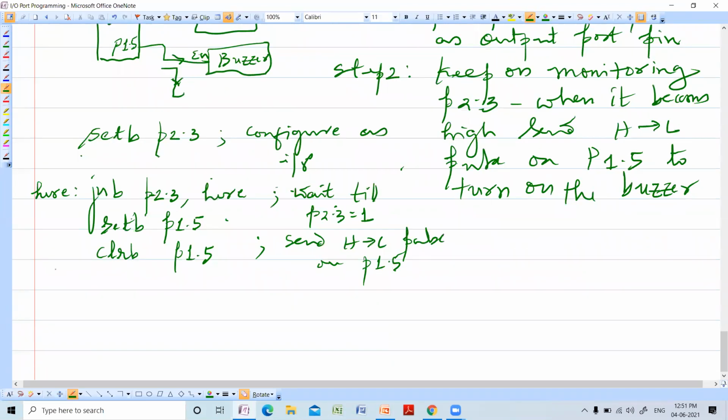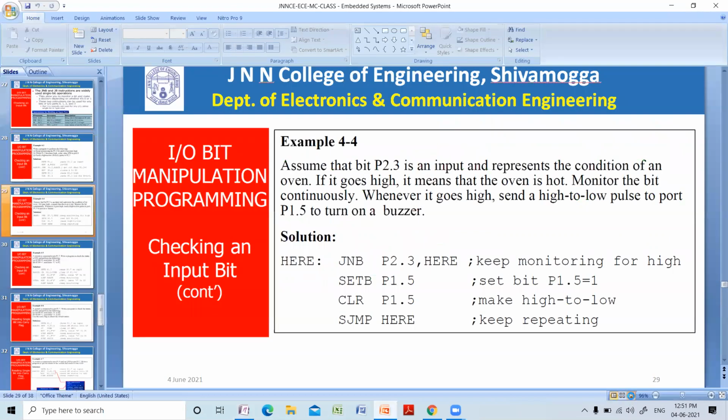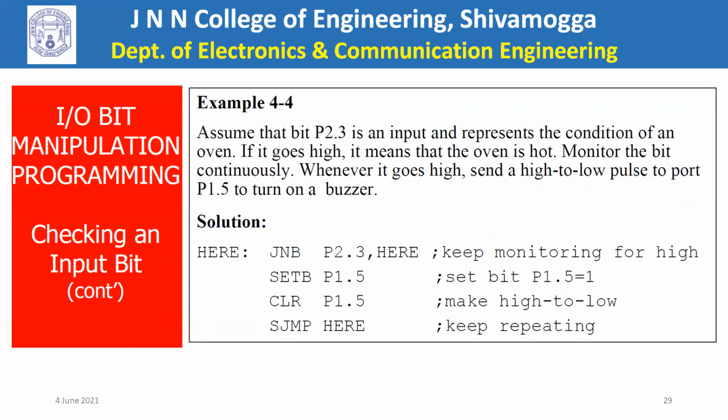And you could end the program. So this is the way you have to approach. So first configuration of the input he has not done. So I have added that.